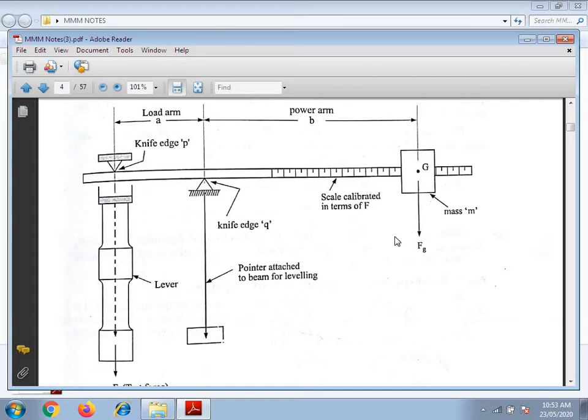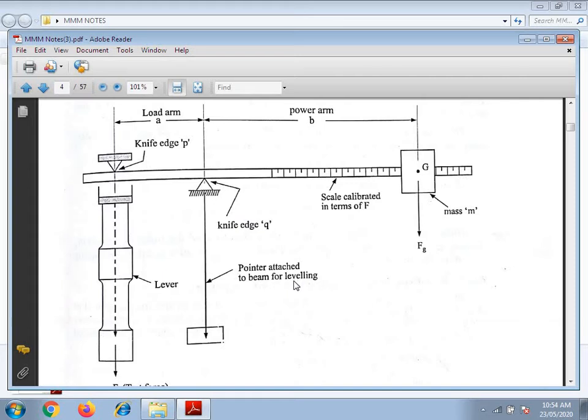Okay, see that mass m acts as a power on the beam and exerts a force of Fg due to gravity, where Fg is nothing but m into g. Okay, this force acts as a counterposing force against the load,